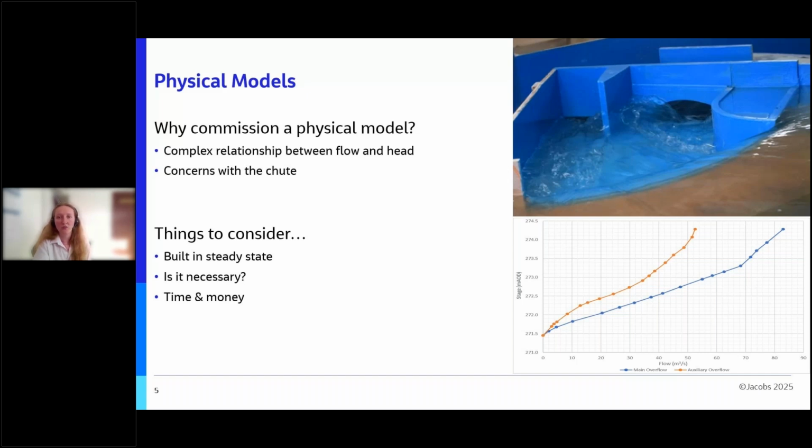Or if a physical model exists on another job for a similar structure, you could apply that rating in your model instead. In cases where the overflow is off from the dam, we don't really care if the overflow literally falls apart, as water wouldn't flow onto the dam or put it at risk of failure. Therefore, physical modelling isn't necessary here, and the findings from your FM model alone would be sufficient for satisfying any